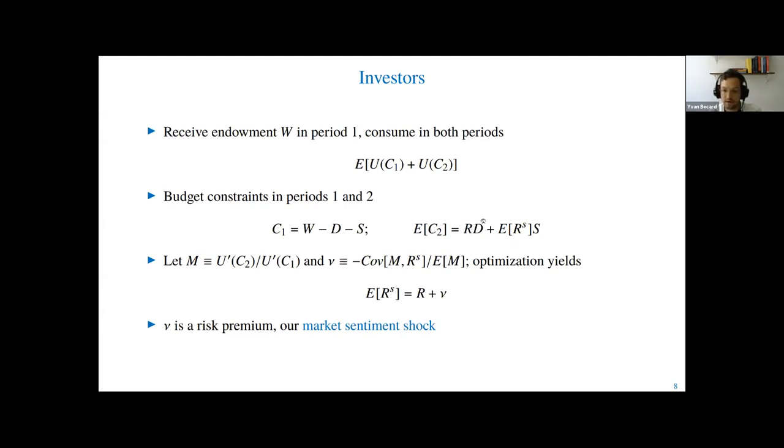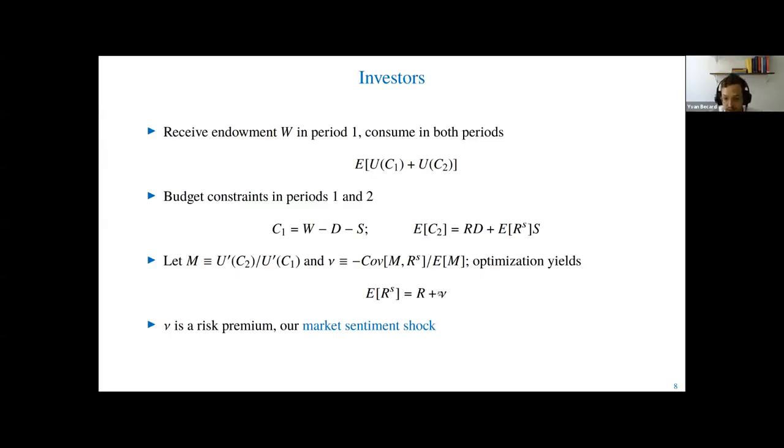So they will eat their return on their savings, which is the return on savings deposits. So R is the risk-free rate, and then they have the return on the risky securities. If you maximize, you get the standard condition that the return on risky securities will be equal to the return on deposits, bar a covariance term that we're going to assume is our shock. So basically, we take this object to be exogenous,